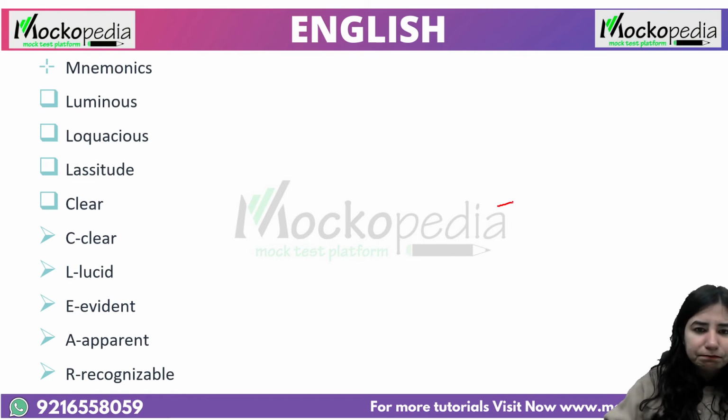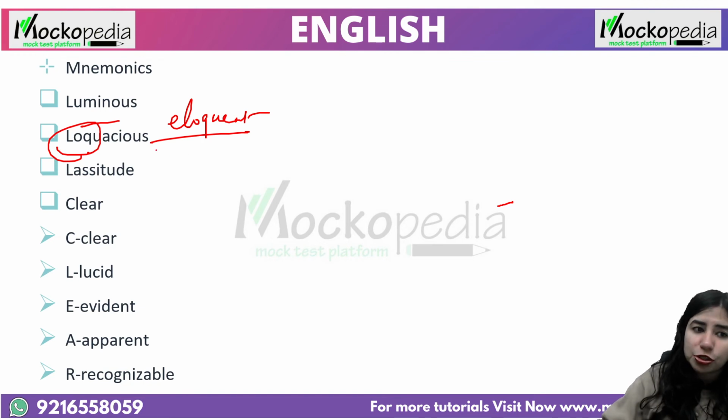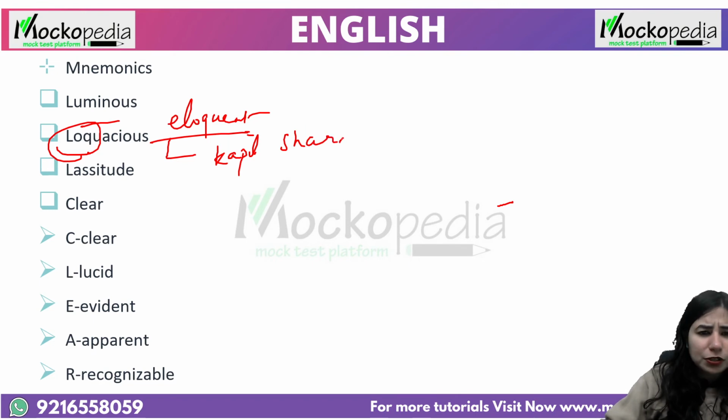Like there's this word luminous. Sachin Tendulkar does this ad of luminous batteries, or you can associate it with a lamp. Loquacious is the person who talks a lot, right? LOQ stands for speaking. In the beginning, I also did eloquent, when we were describing Amitabh Bachchan, who speaks well. For loquacious, maybe I can associate it with Kapil Sharma. I find that this fellow really speaks a lot. Or if you know some auntie in the neighborhood who really, really speaks, some friend, any colleague, associate, relate. Or maybe Juhi ma'am, she also talks a lot, right?